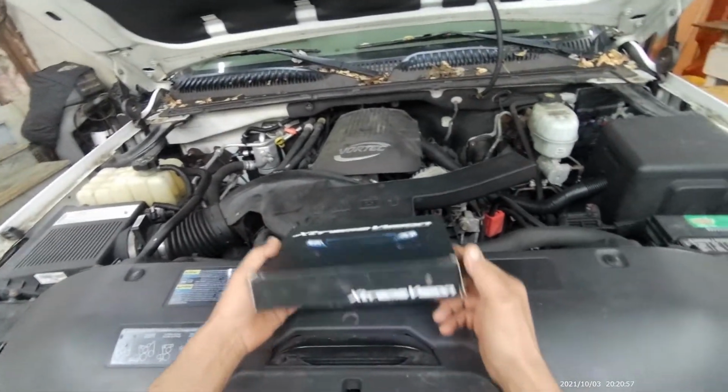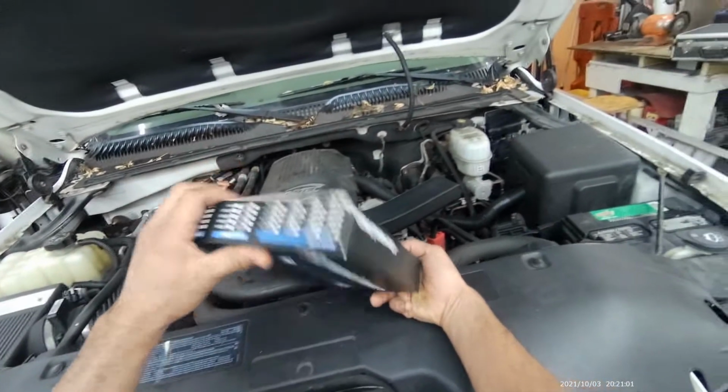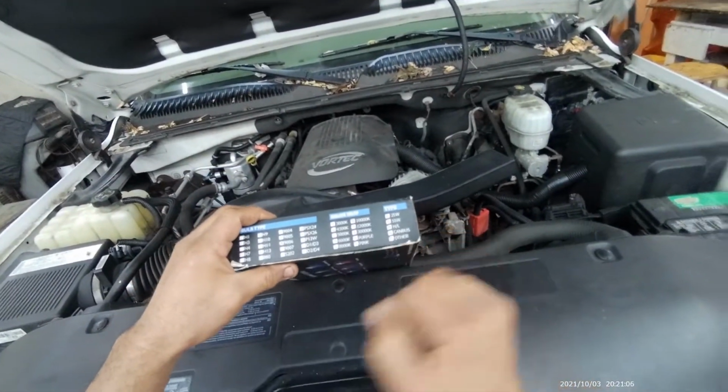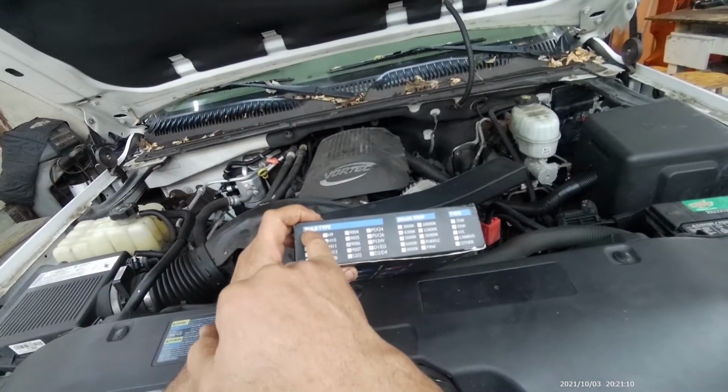Now when I bought this off of my co-worker, he did not tell me what color the lights are going to be, and it doesn't say what color. See right here, it does not say the color. It does say though the bulb type